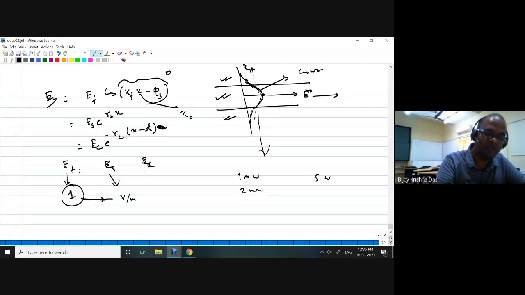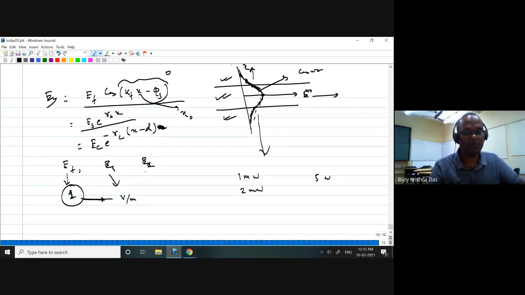Up to the core region, and beyond the core region, this equation is no longer valid. But you have to pick up the boundary condition, continuity, and then you have to use this equation. Accordingly, it will be flowing, and then you have to pick up this one, evaluating this thing.